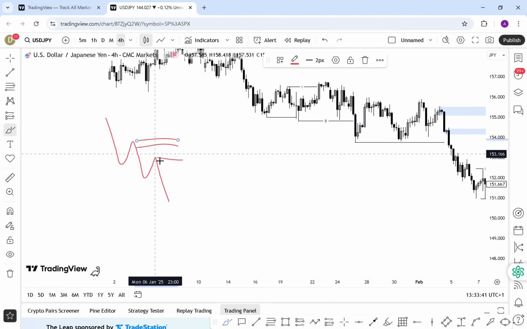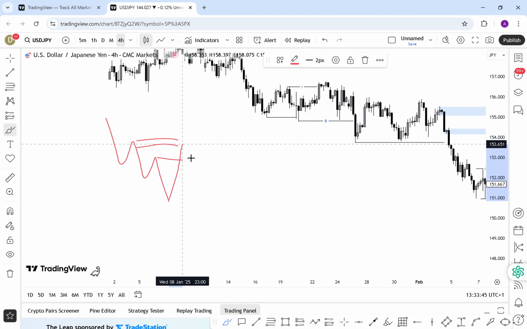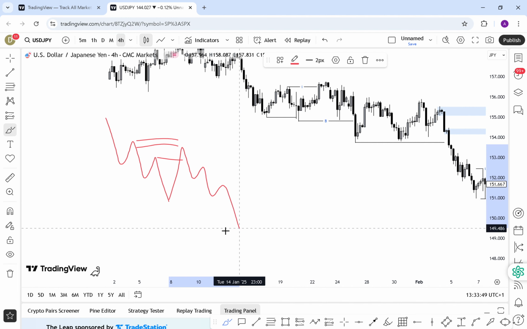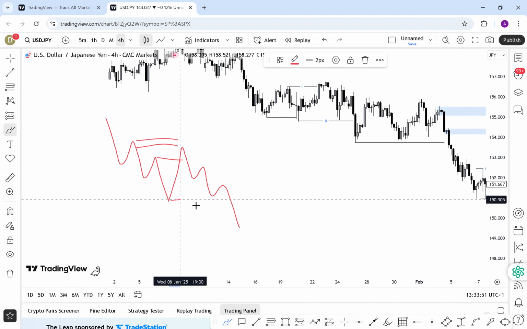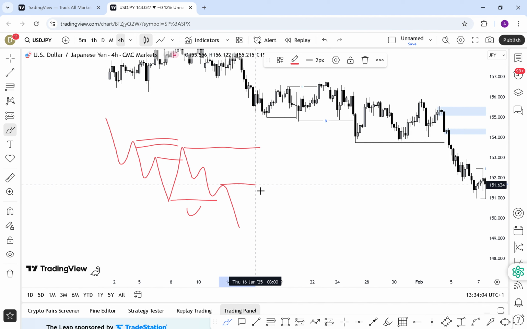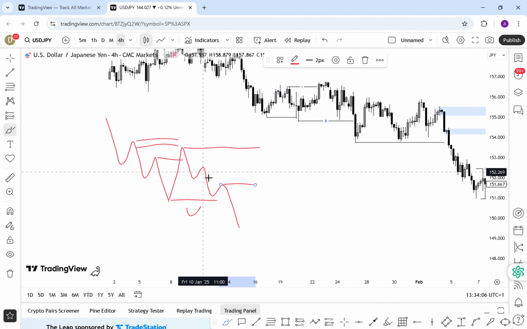You sell from here. Let's say the market does this, mitigates this level and drops. That's when we have a break of structure. This level is confirmed as a break of structure. It means that this high must be protected. So if you have this situation, you see this level, this will serve as your inducement. You can sell from here